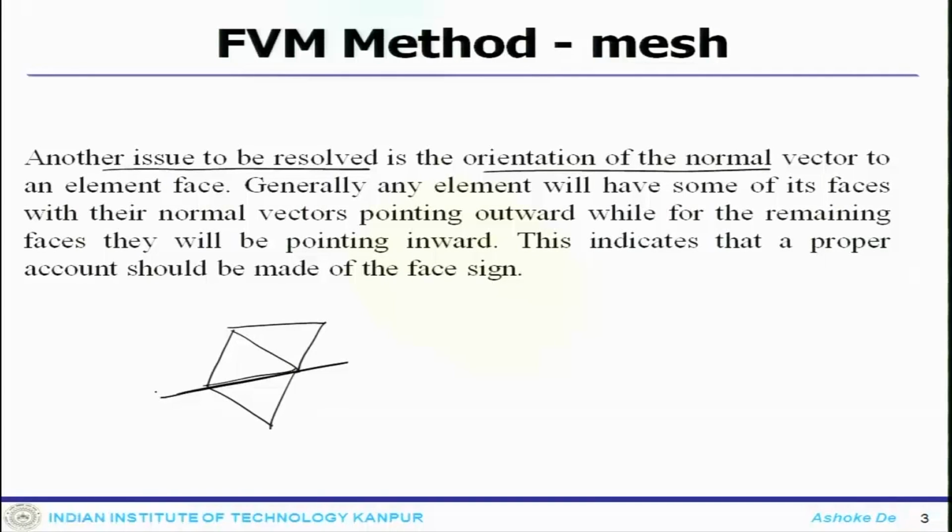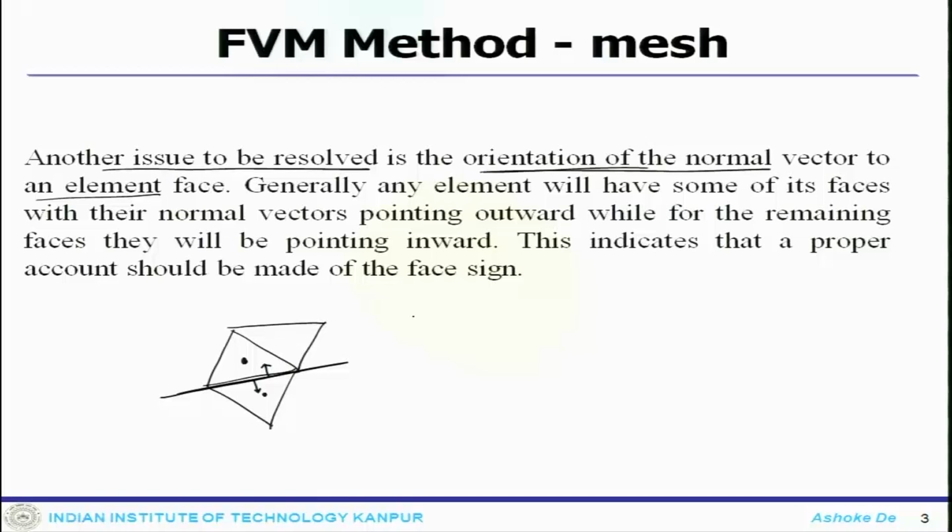This is a common face. Now, for this particular element the surface vector could be on this side, but when I consider this face for the neighboring element, the vector could be on this side. That is why the orientation of the normal vector to an element face is important information to keep in the database,